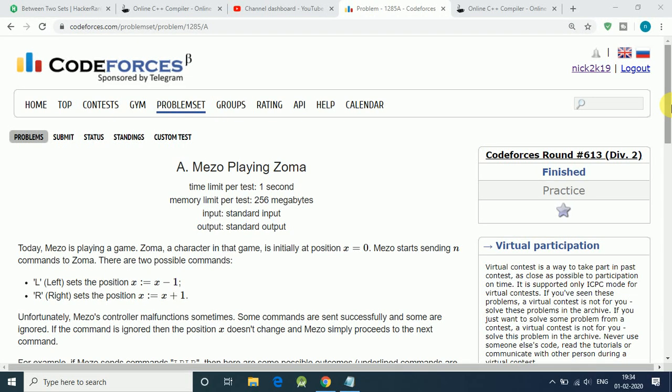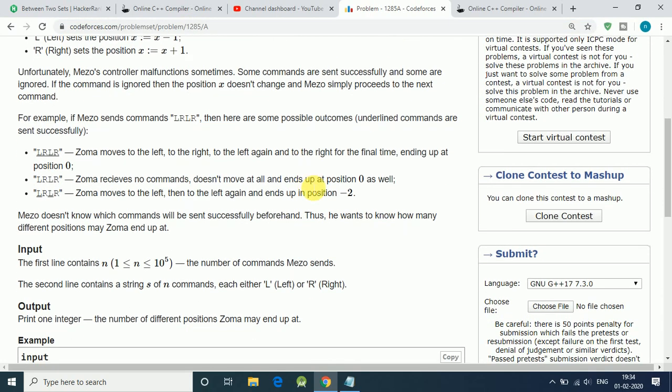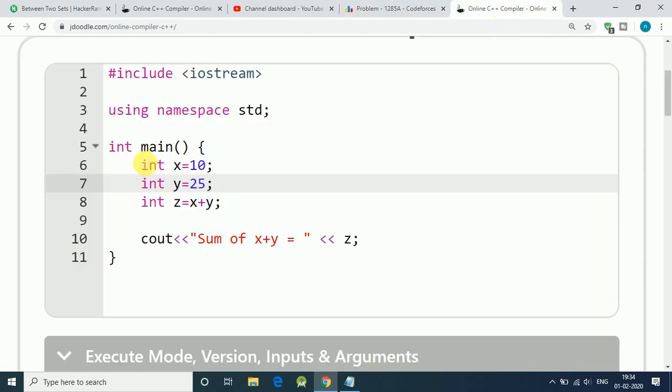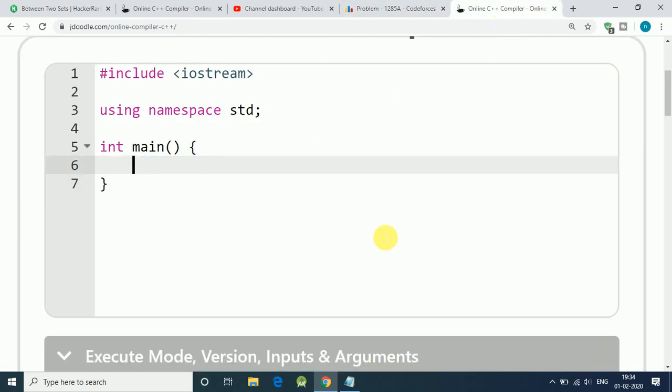Hello friends, in this tutorial we solve Codeforces problem 1285A, which is about Mezo Playing Zoma. So you have read the statement, which is simple. All we have to find out is the number of positions Zoma may end up. So let's solve it. First of all, we need an integer n,